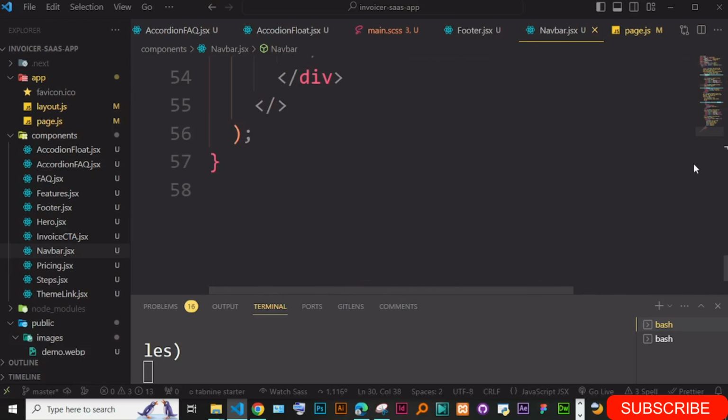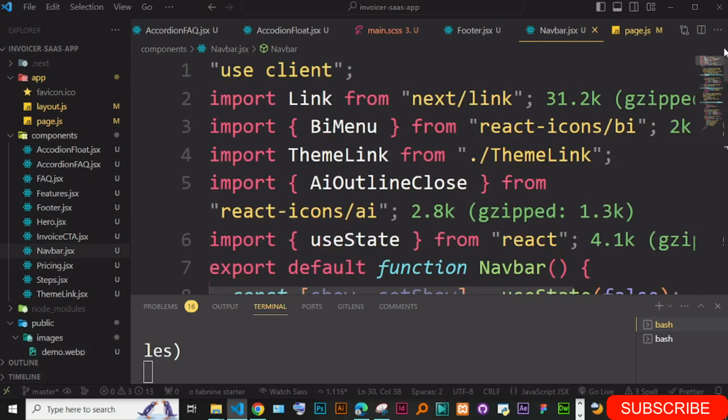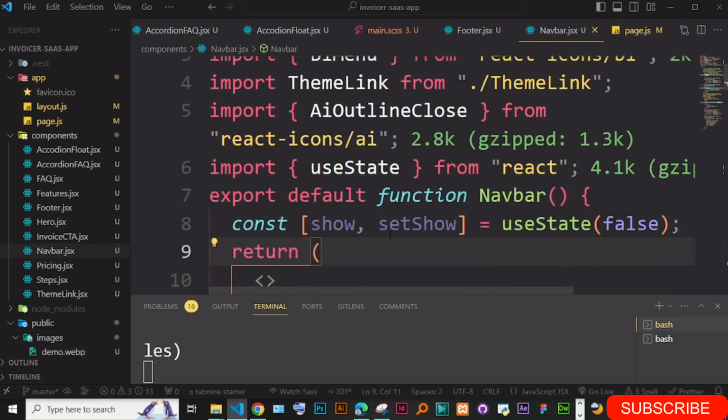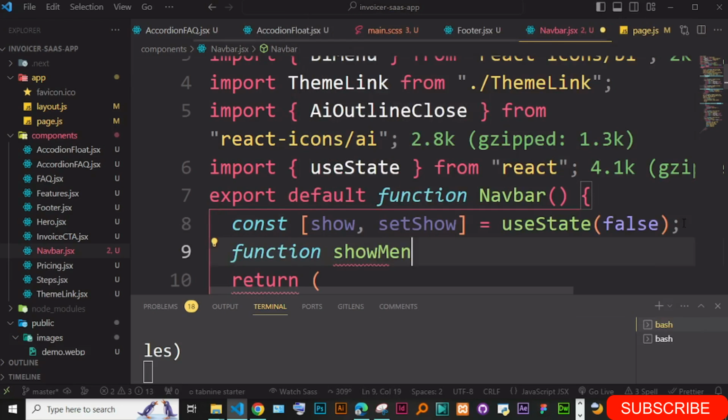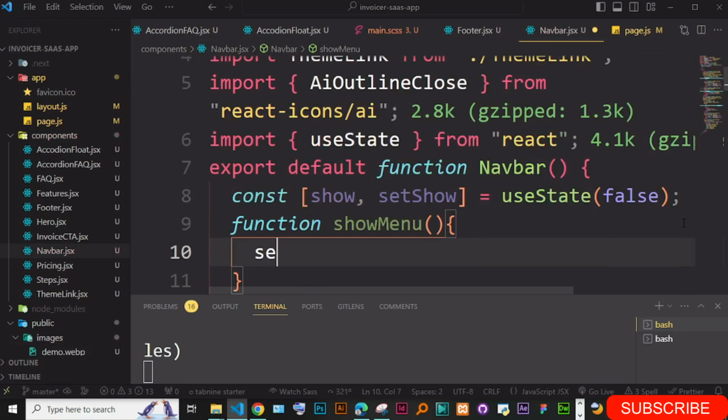We just come here and create a function. On top here, I'm going to create a function after this function, function show menu. This function, the only thing I want to say is set,